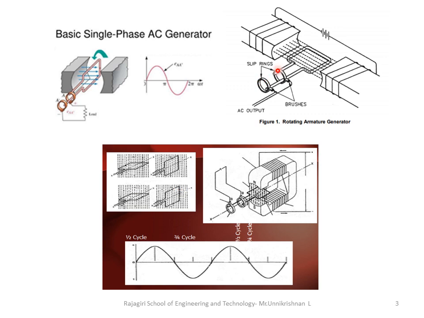So these rings are known as slip rings. One end of the coil is connected to one slip ring and the other end of the coil is connected to the second slip ring. Both the slip rings are connected using a brush. Actually this brush is a graphite or a carbon based material, which is used for taking the power output. So this AC output will be a sinusoidal waveform, and it is shown in this graph. You can see a sinusoidal waveform.